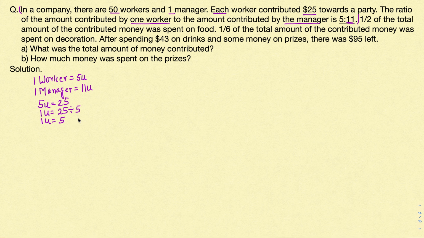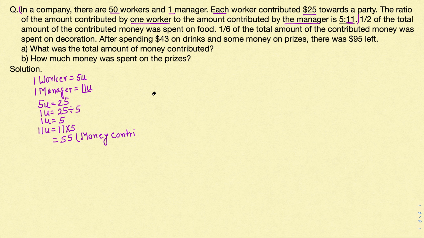Now from this we can find out what amount is contributed by the manager, because we know that the manager has contributed 11 units. Since we know how much is 1 unit, we can calculate 11 units. So 11 units will be 11 times 5. That will give you 55. That means the manager has contributed $55 towards the party. So we can write it here, $55 money contributed,